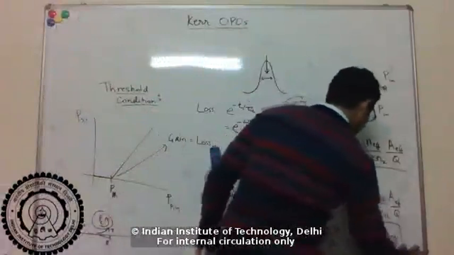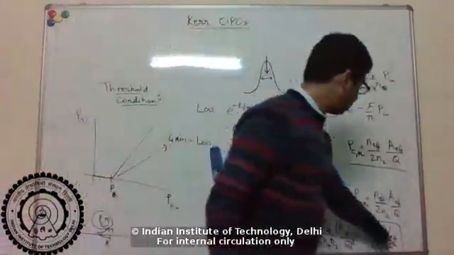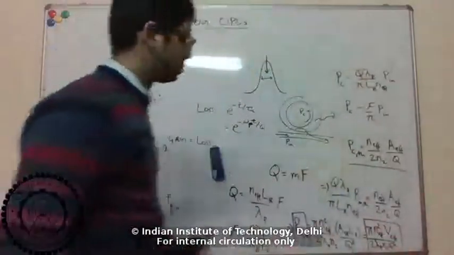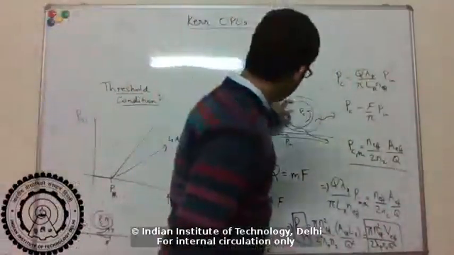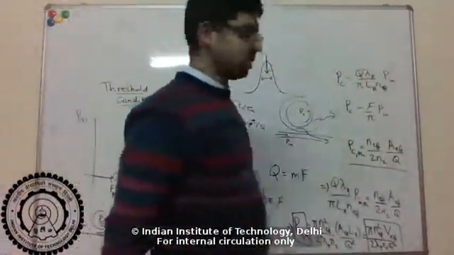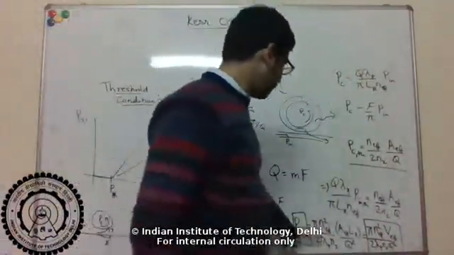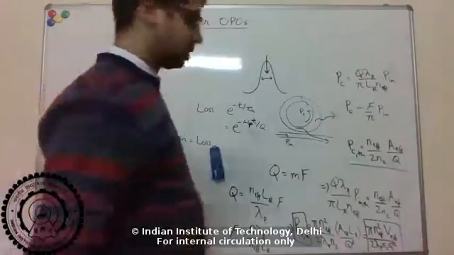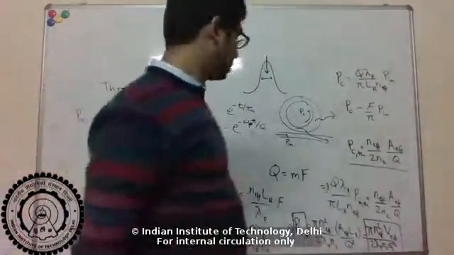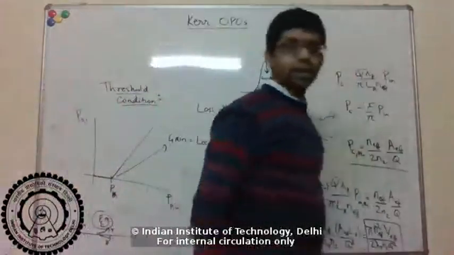Okay, so finally I get an expression which is proportional to the cavity mode volume, right? Basically the volume of the optical mode in the cavity, which means if I have a smaller cavity, then my threshold power is smaller. If I have a large cavity, then I require more power. And it's inversely proportional to Q square,